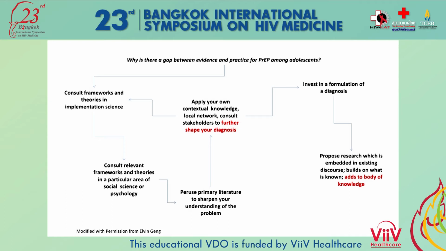frameworks that I'm about to talk about, or theories in implementation science. And you think about those in terms of what might be the specific barrier to PrEP uptake or PrEP use in general among adolescents. You might think about really sharpening your implementation diagnosis. What is the specific issue, to really help you understand what it is that you would like to do about it? You really think about developing an implementation diagnosis, just like you would a clinical diagnosis. I know many of you are clinicians. And then you can either propose research or develop a program to specifically address that implementation barrier and that implementation